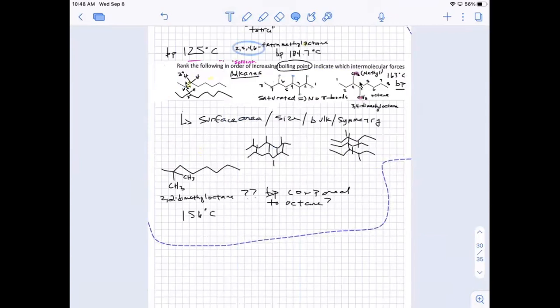What we're going to do is on Friday, we're going to start dealing with pKa and acidity. So we'll pick this up on Friday. And then we'll work in some other examples dealing with intermolecular forces, but we'll do it in the context of looking at pKa and other things like that. So with that being said, we're going to stop here. We'll pick up Friday, and I'll see y'all then.